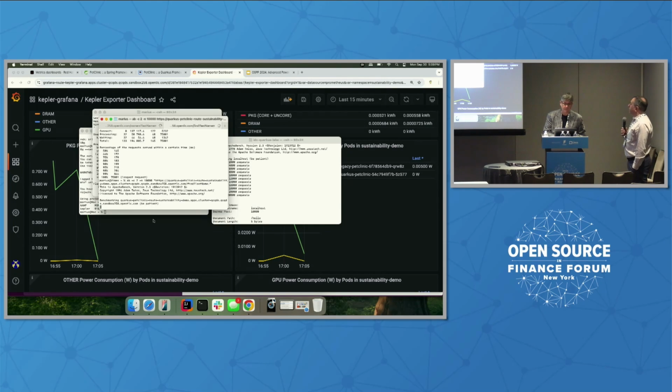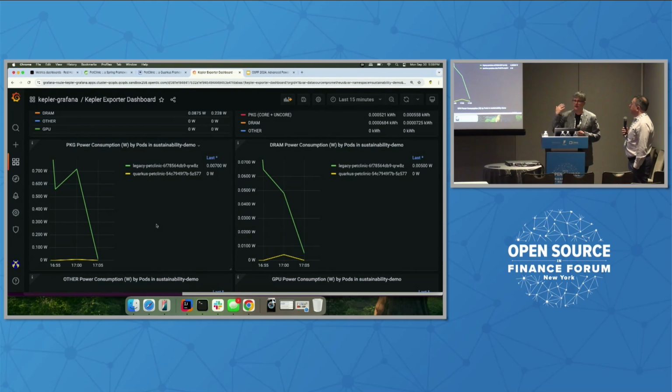Let me try to generate a bit of load. I have two running applications. I'm getting to a part that I wanted to show you. And I think, Aric, you anticipated that a little bit, where it'll probably take a little bit of time. This is not designed to be a real-time dashboard. It's more like a data collection tool. So it'll take a little bit of time to aggregate this data and bring it back into the dashboard. But you can see that I have two versions of the same application running side by side. And I can already tell that under the same load, one of them is consuming a lot more than the other.